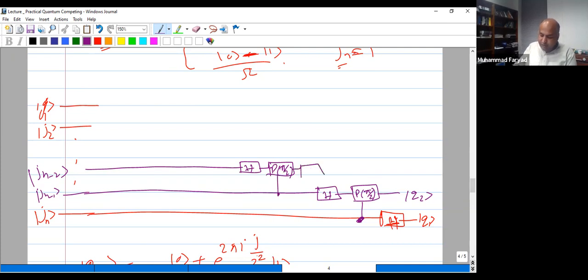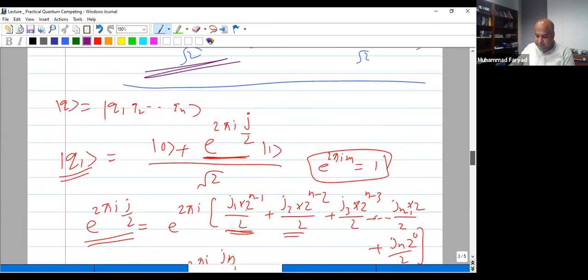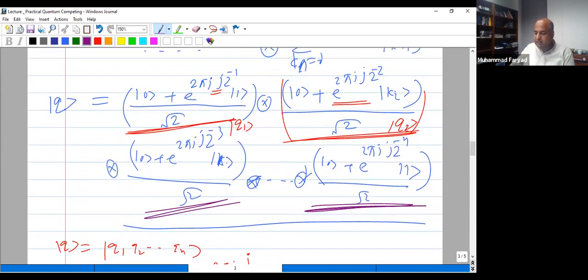And then I need a phase gate of pi by 4 controlled by jn, and that is my Q3. And this way we can proceed all the way,